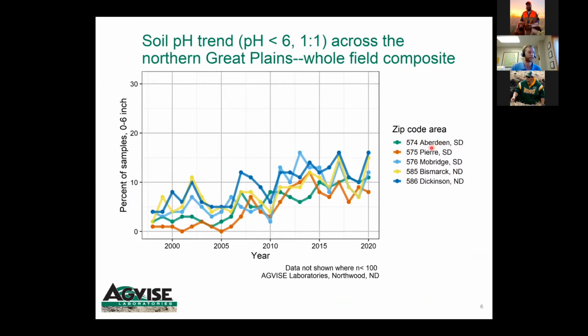So thinking of North Central South Dakota, Aberdeen, Pierre, Mobridge, as well as Southwest North Dakota and the Bismarck and Dickinson zip code areas. And if we look back as far as 1998, Dickinson, the line here in blue, it was actually about 8% of soil samples way back then were already below a pH of 6. But as you can see, over the past 22 years here in 2020, we've now hit the point where over 15% of soil samples